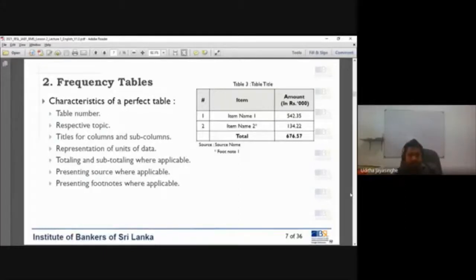Third, titles for columns and subcolumns. This is very important. Even in the very first column, I've just put this number sign to indicate that this is the number of items I'm preparing. If you put No. or N or number, that's perfectly fine. And look at the other columns, I have put the respective names. And this is the most important advice here: